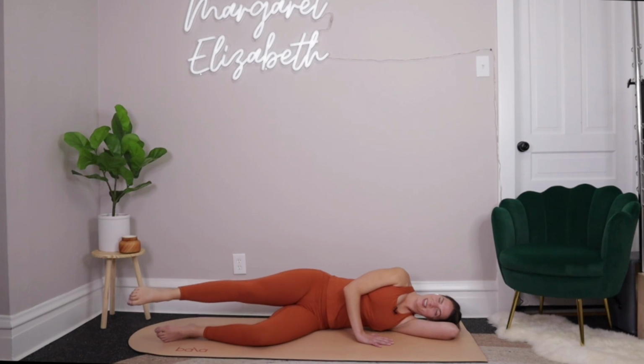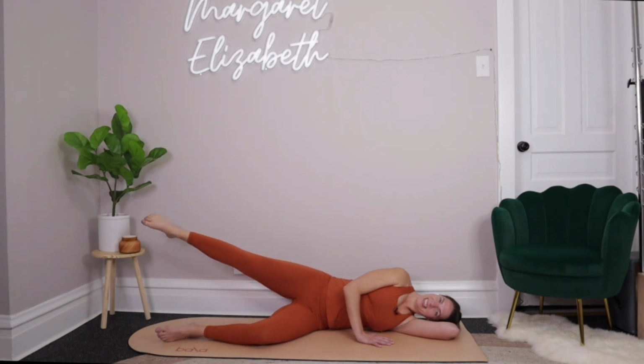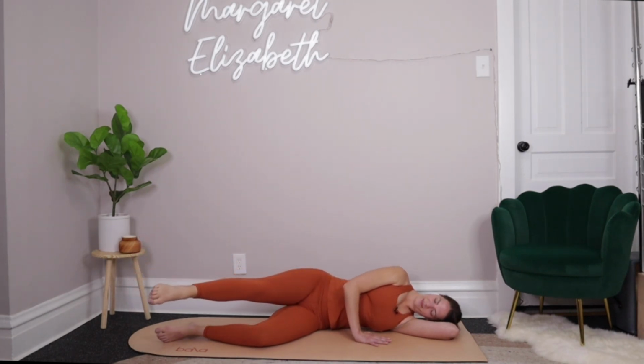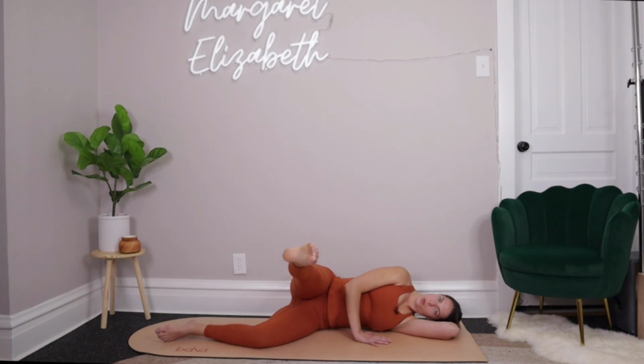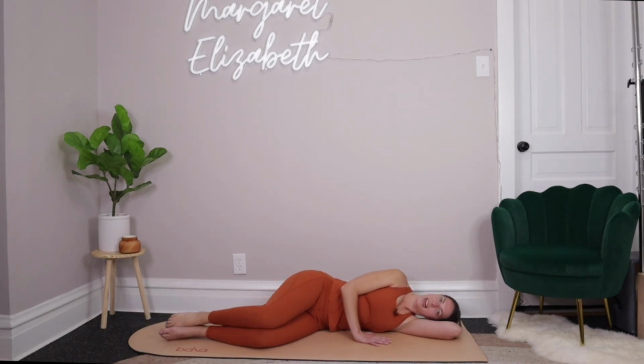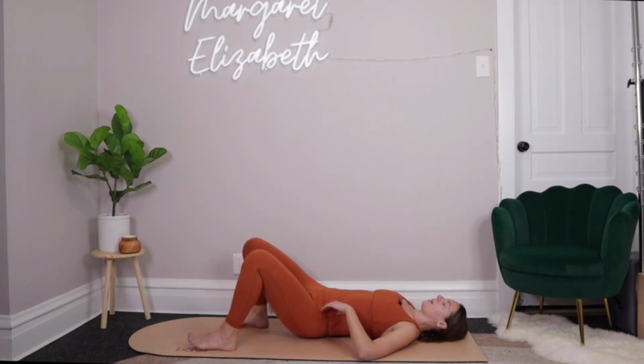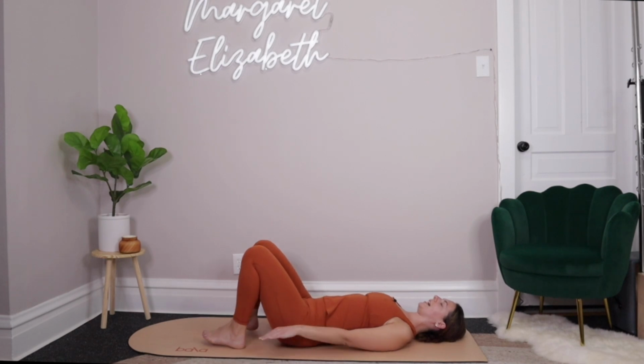For 2. Good. And then last one. Good. With your last one, you're pulling the left leg in to meet the right. Take a second, take a breath. We'll roll everything over onto our back one more time, keeping shoulders down, hips down, head down, hands go down